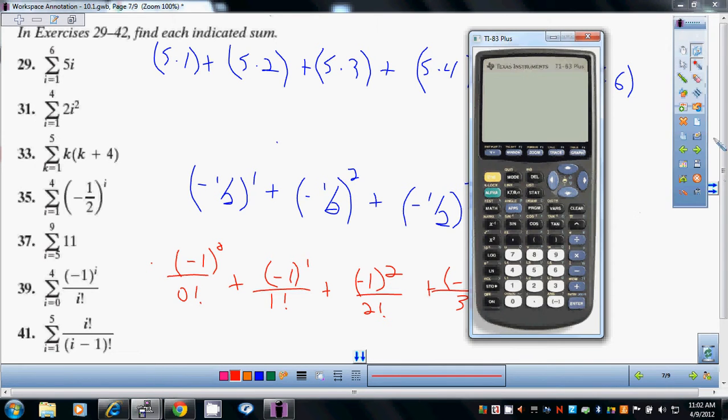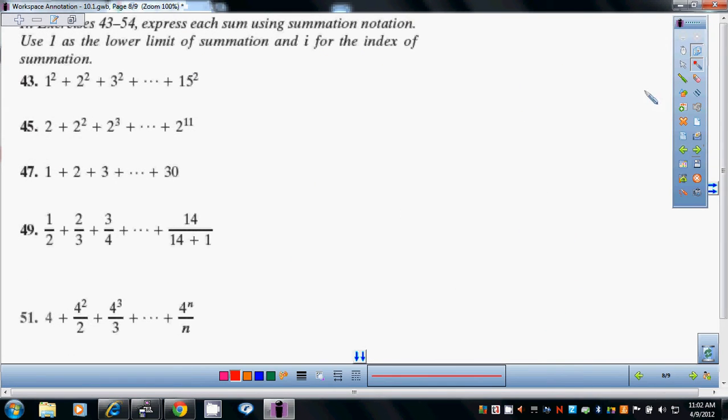Okay, lively bunch. I get it. Okay, last thing, and there's no good way to do these. You just have to use some cleverness, some savvy. So I'll show you one of them, and then you're just going to figure them out when you're doing it. These basically say, here's a pattern with a starting point and an ending point. What was the formula to get this pattern? So like, for instance, 43, well,